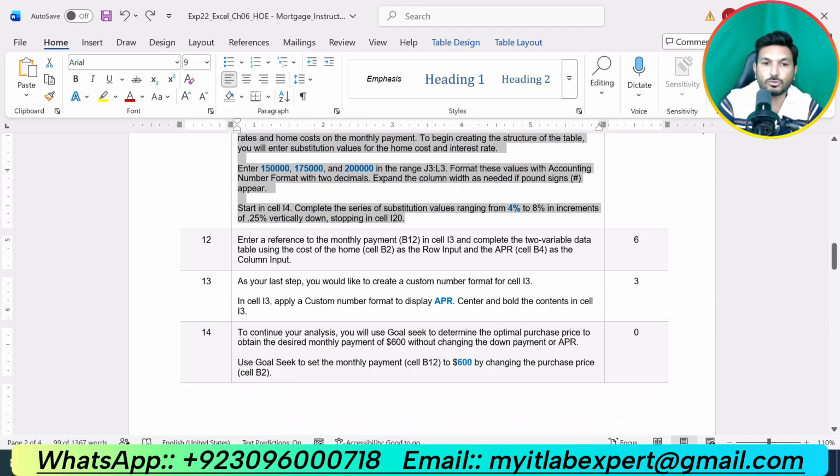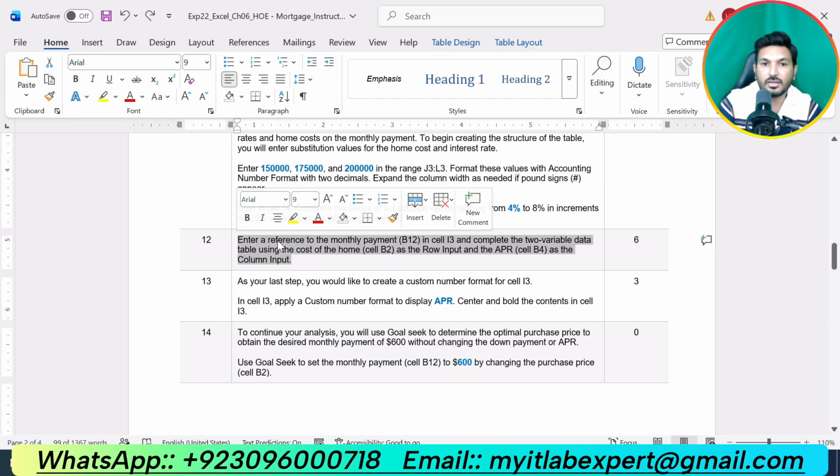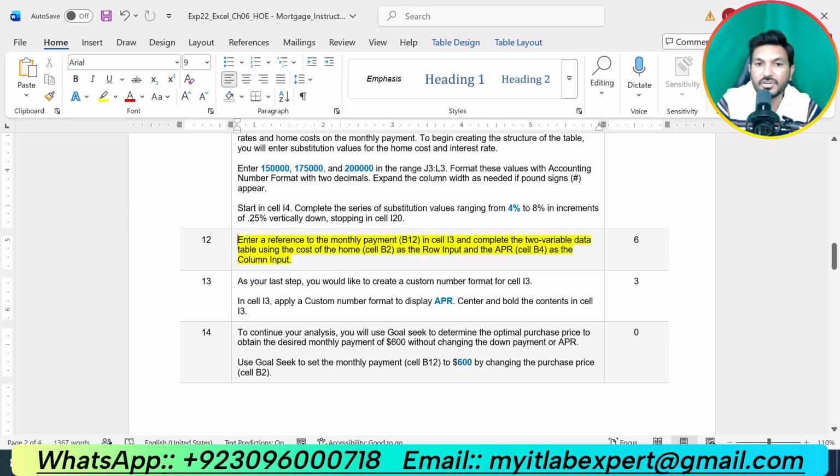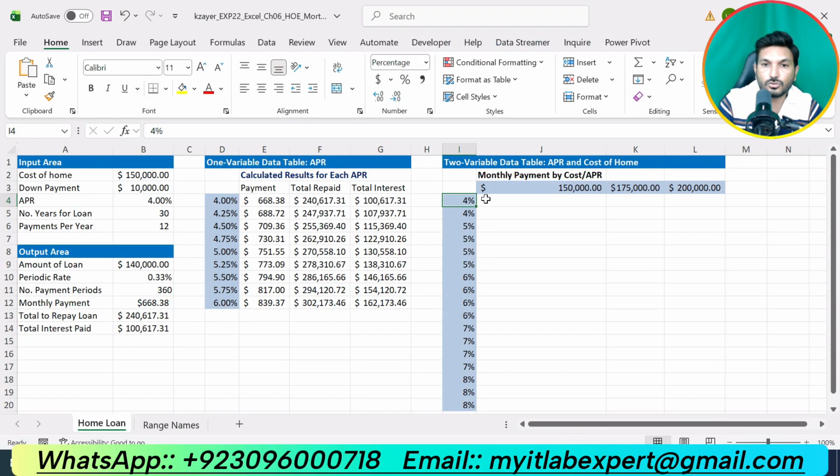Now we are supposed to do the next step, step number 12. Enter a reference to the monthly payment cell B12 in cell I3. So I3 is here and we are supposed to enter a reference to the monthly payment that is given in cell B12 here. Press Enter.